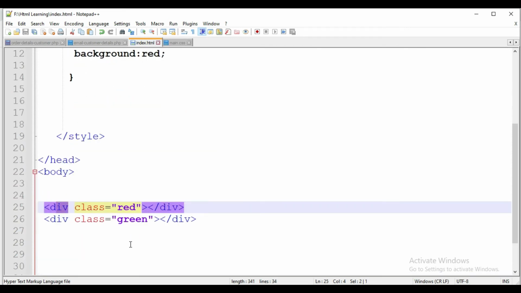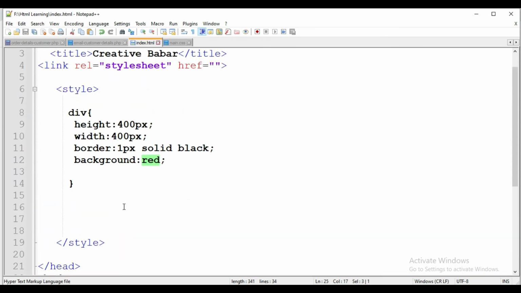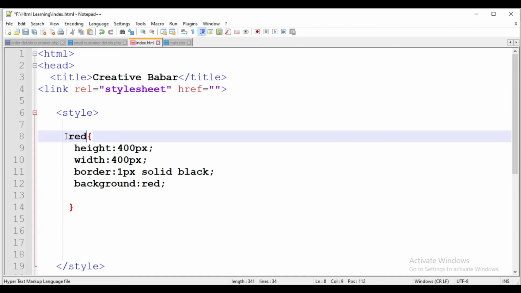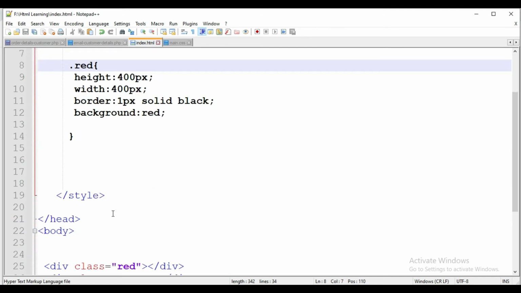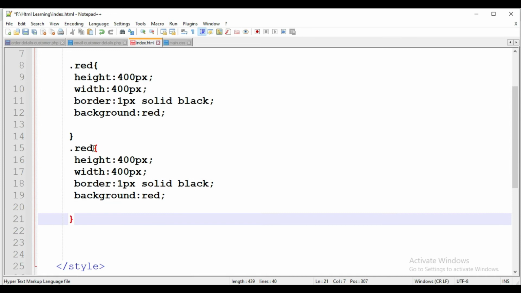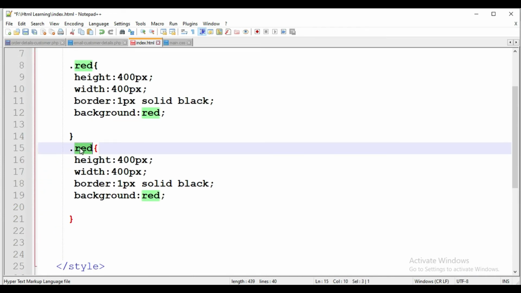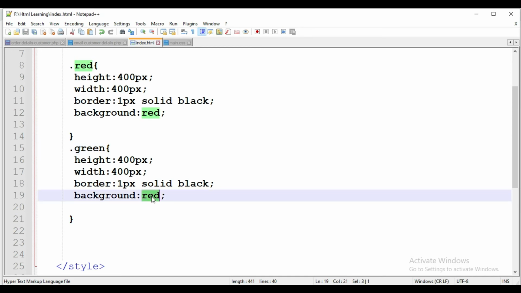So if we want to select with class name, then we have to copy the name of the class and select it, and before it we apply a dot, then the class name, and then we can style that div. So now first one is red. So if I duplicate the code of this div, I copy the name of class here and put it there, and I apply here background color green.